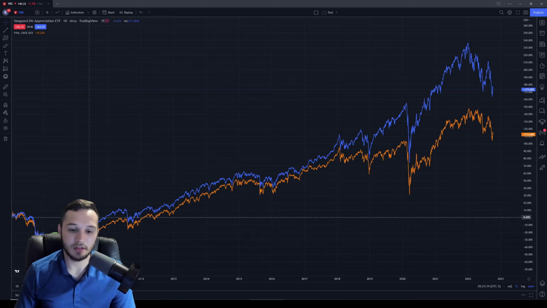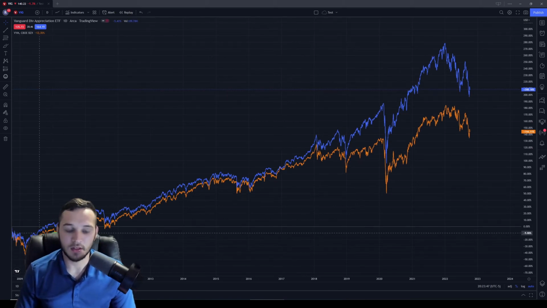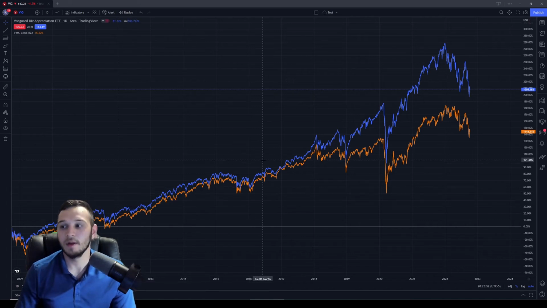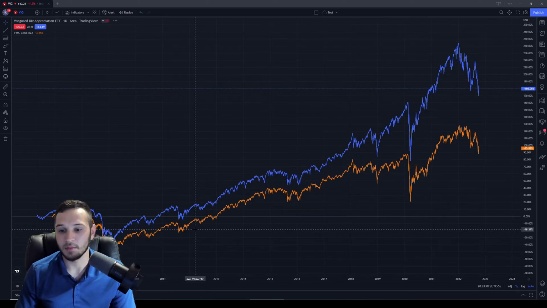So seen here is VIG on the top, dividend appreciation, and then the second bottom graph is VYM, and this is a percentage graph, so that means that it's purely just percentage changes over time. And as we can see, the companies that are focusing on growing their dividend over time and reinvesting that to grow their company are typically growing at a faster rate, and that is rewarding shareholders with increased portfolio returns compared to companies who are investing in higher dividend yields. So these higher dividend yield companies, they have been growing in this fund, but maybe not so much as the